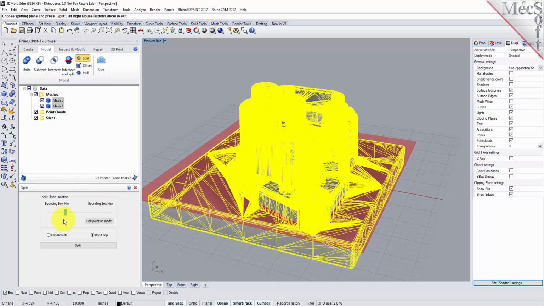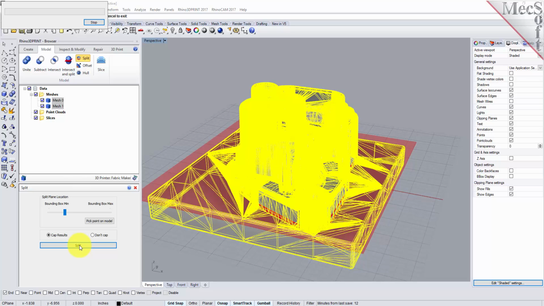And if you want on your models, you can also pick a point on the model to split it, but we're just going to adjust this plane down a little bit, get it close to the base of this mold shape right here. So that's pretty good. Now you also have the option here to cap or not cap the results. What this does is, if you're splitting a shell, you can choose to cap the ends of the split or leave them uncapped. Now we want to have a closed volume when we're done, so we're going to leave the cap results selected,